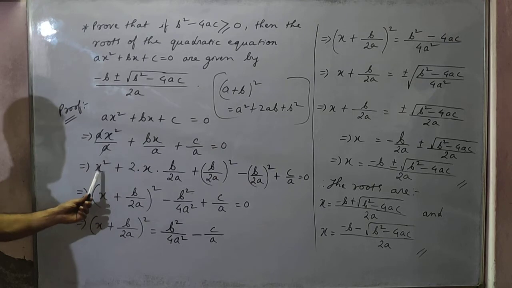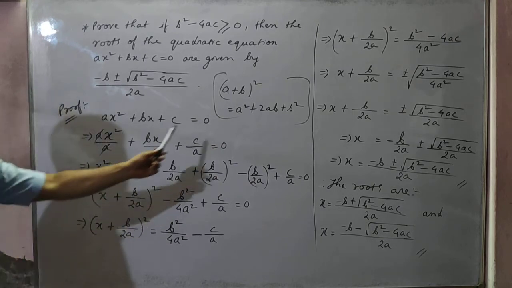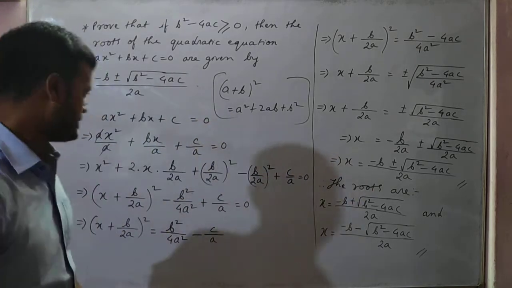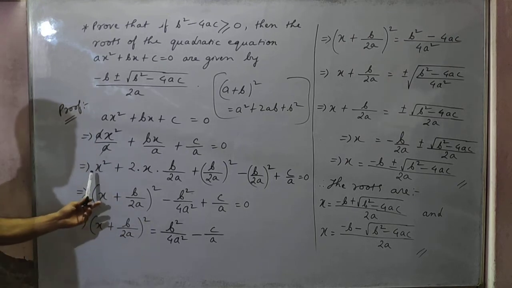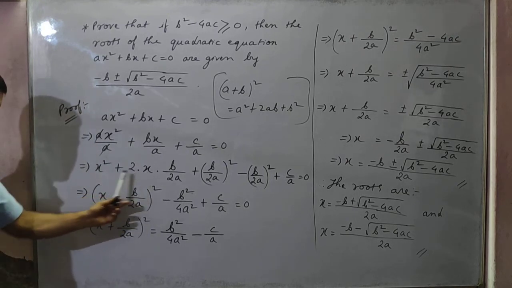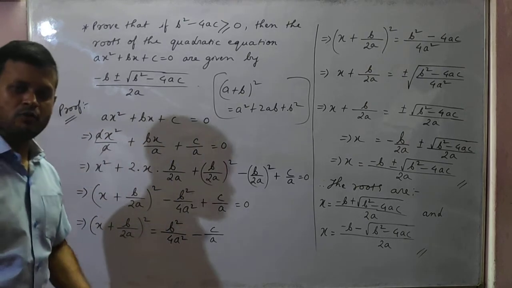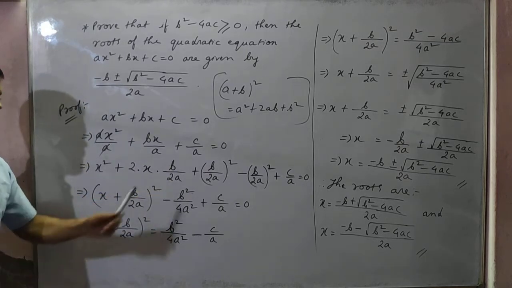So x square is there. So a square plus 2 into a. After a square, what should come? 2ab, 2 into a into b, isn't it? So x square is there, so this is a square plus 2 into a. A means x. And what will be the value of b now? I wrote b by twice a.